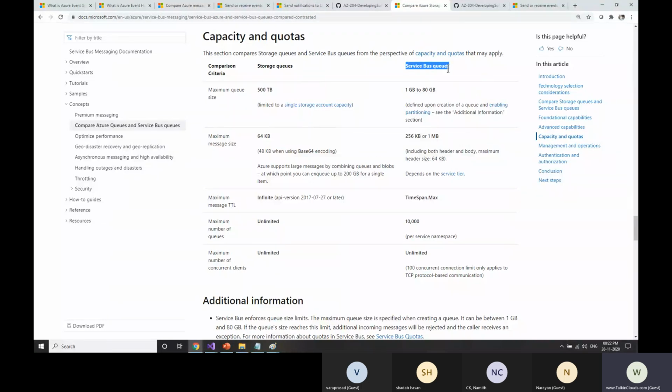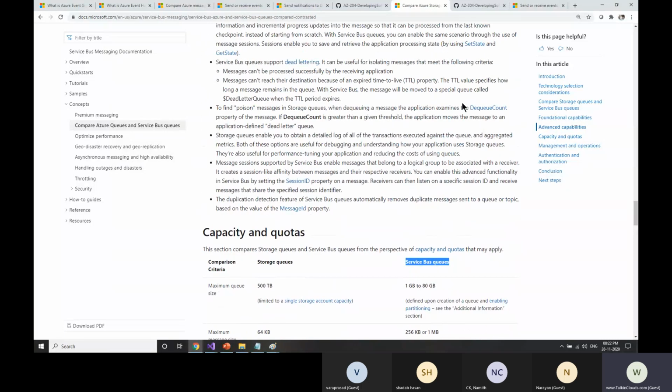Basically, if we talk about which one we should use, for enterprise architecture and enterprise communication, like if you want to send data to a different client and communicate with them, you should use a service bus queue, because this gives you a reliable feature to communicate, and first in first out, and all those benefits you want to achieve with your enterprise architecture.